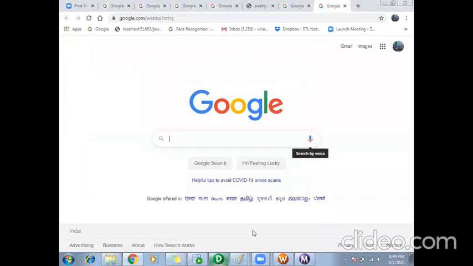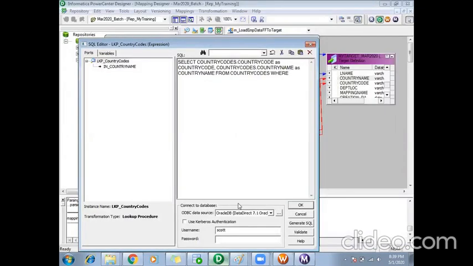What happens is this lookup will create a cache in Informatica, so it is always advised to get only relevant records in your lookup transformation. So you can always override this SQL query and get only relevant records.